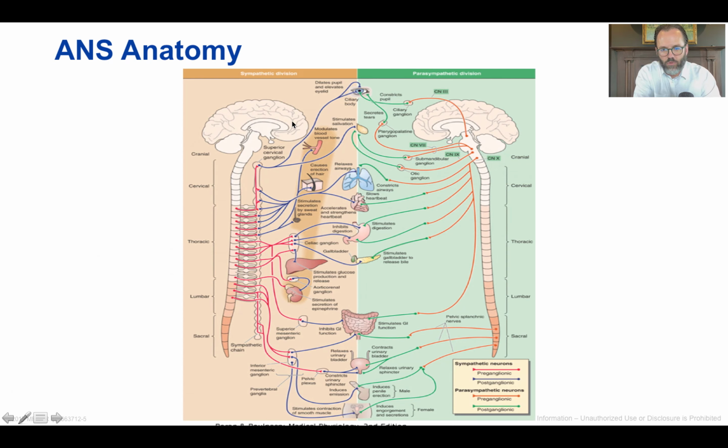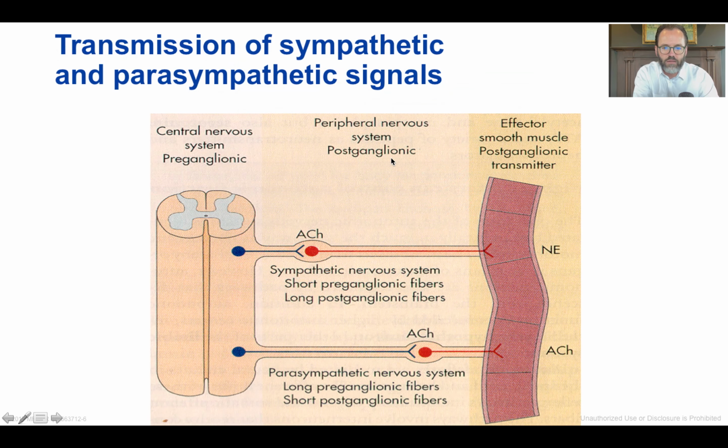So to put this a little bit more anatomically accurate, you can see here again that what we have is this paravertebral chain of the sympathetic nervous system that houses that synapse point of the pre- and postganglionic neurons, and again with the parasympathetic nervous system having relatively long preganglionic neurons and relatively short postganglionic segments. So when we're looking at the transmission of sympathetic and parasympathetic systems in these two segments, if you will, so with the